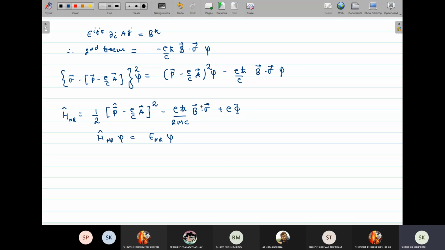At this stage, we can see that the magnetic moment of the electron is coming. You see, the magnetic moment of the electron is directly coming from the Dirac equation as a non-relativistic limit of the Dirac equation, at the zeroth order. Okay. But I can further simplify this. Suppose, assume for a moment, for simplicity, that